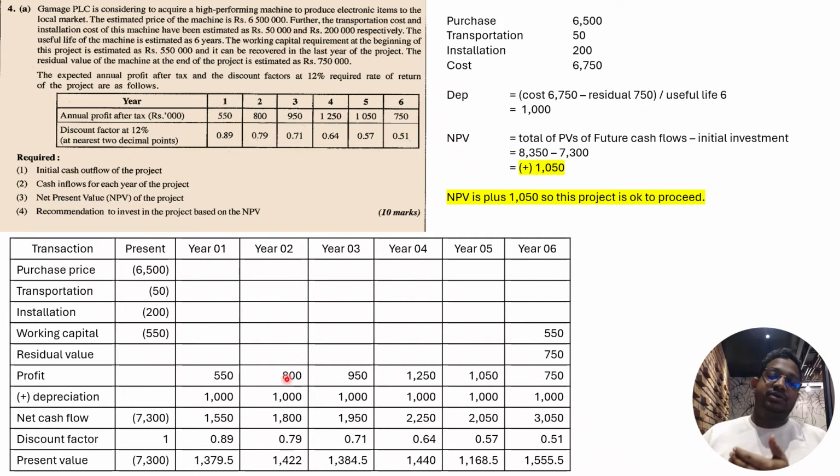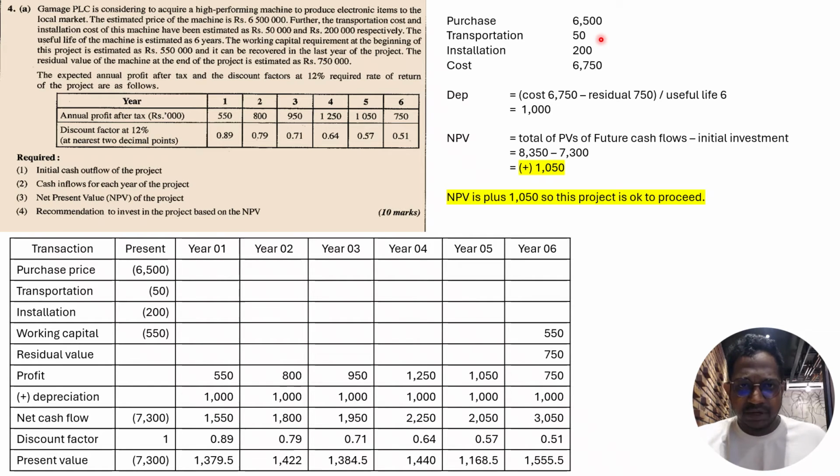But when it comes to estimating cash inflows and outflows, depreciation is not considered. So you have to reverse the depreciation effect on the profit, which means you have to find the depreciation and add it back to the profit, right? When you are finding the depreciation, there is an important thing. You have to find the cost. Most students just take the purchase value 6,500,000